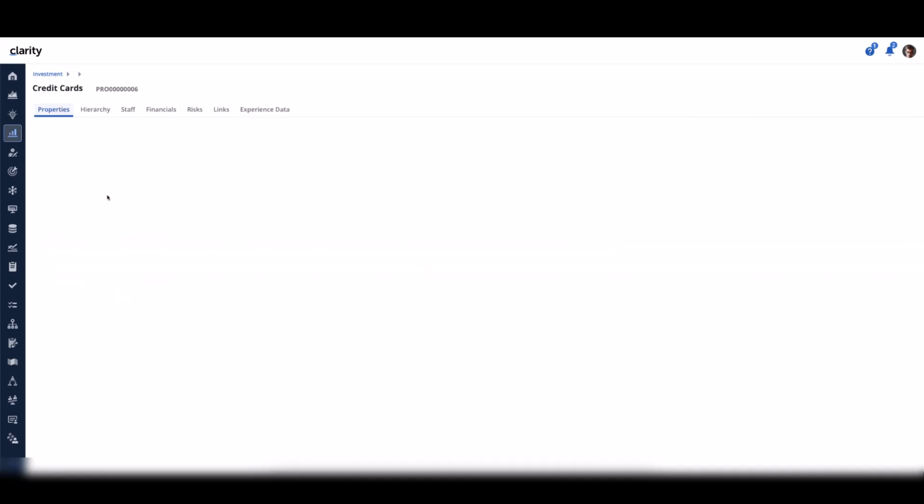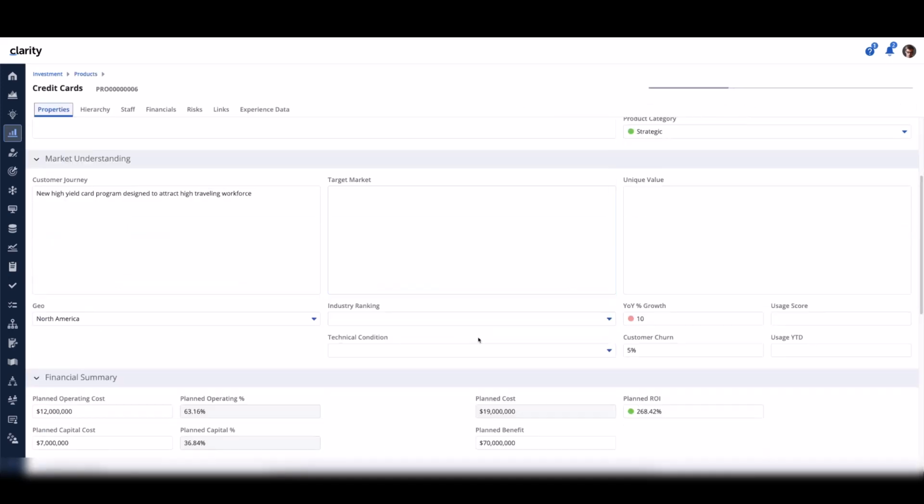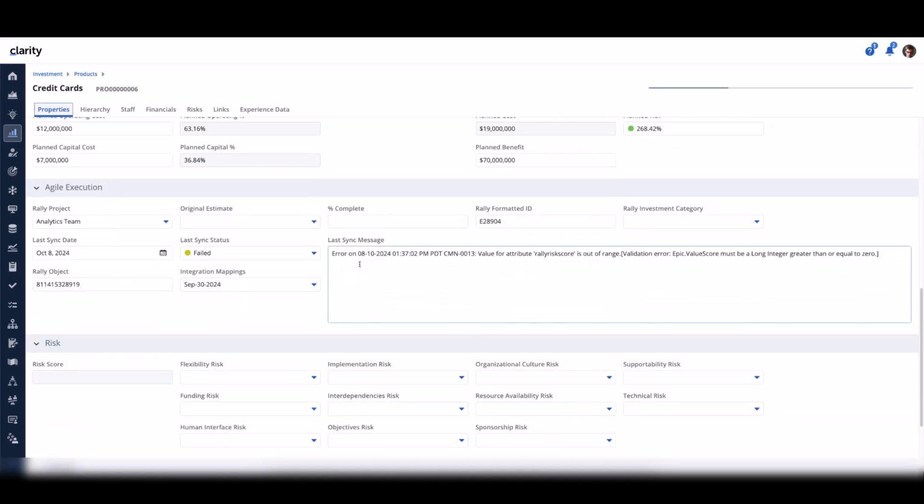Let's take a look at that. I'm going to drill into this so we can look at the message a little bit closer here. What happens here is we get the error on a certain date and a timestamp, and the initial part of this is the value for the Rally risk score is out of range. Remember, it was a 150 that came in from Rally, and it's only looking for things between -10 and 100. So this is the Clarity issue.